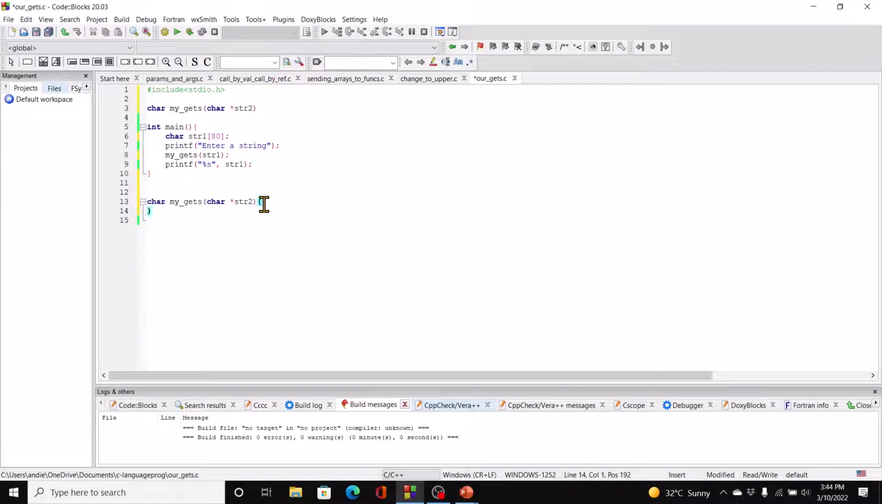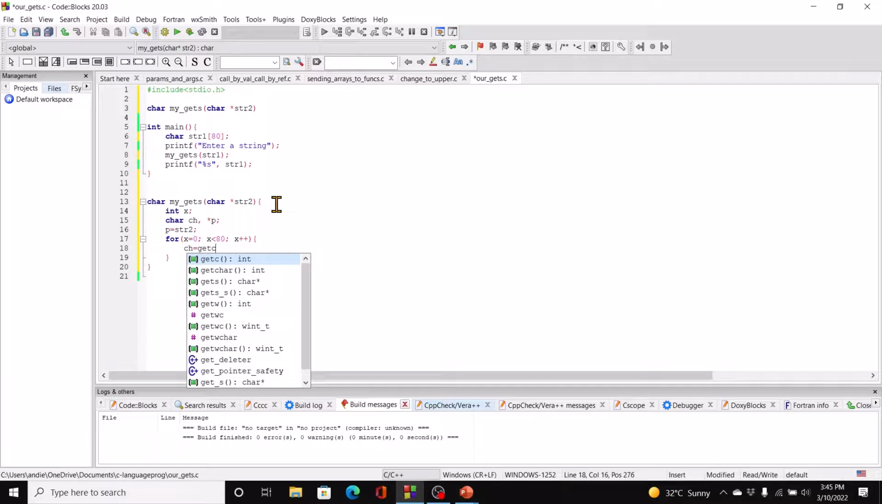Within this function, we'll have int x, char ch so that we can get one character at a time, and we'll also have a pointer star p equal to str2. Right, now we'll have our for loop for x equal to 0, x less than 80, x plus plus. And here we'll have ch equal to getchar,